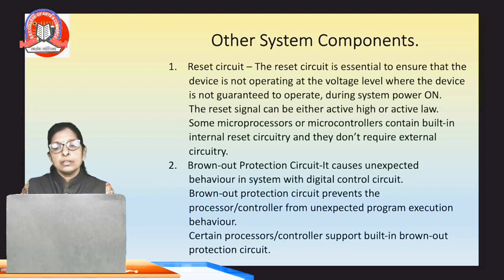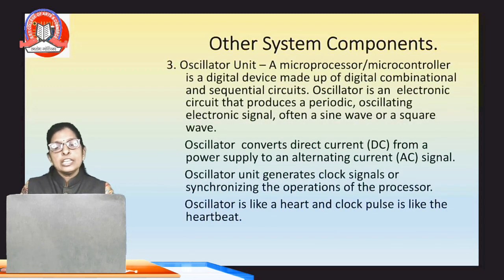So these are the components of an embedded system: a reset circuit or a brownout protection circuit. Now the third one is the oscillator unit. A microprocessor or microcontroller is a digital device made up of digital combinational and sequential circuits. An oscillator is an electronic circuit that produces a periodic oscillating electronic signal, often a sine wave or